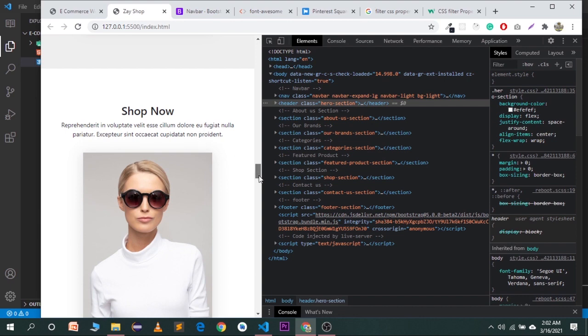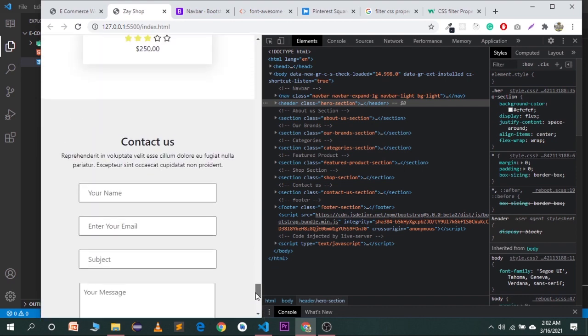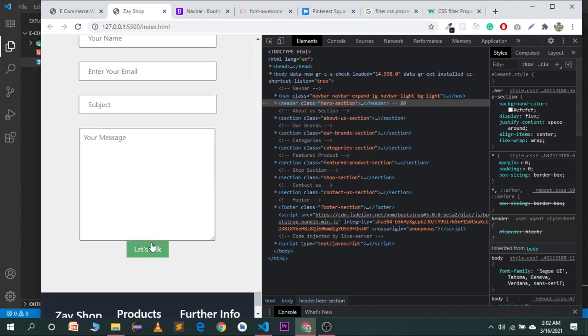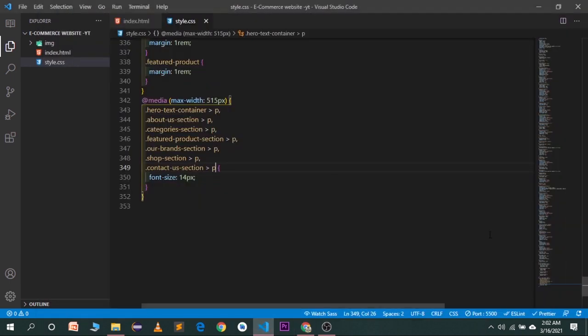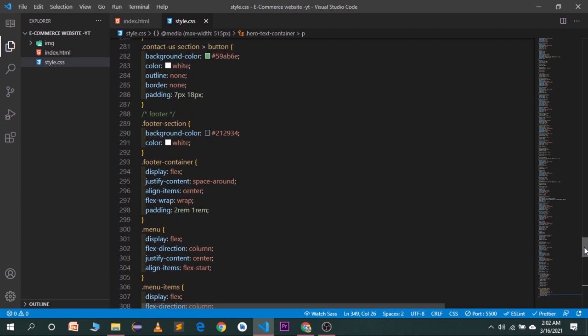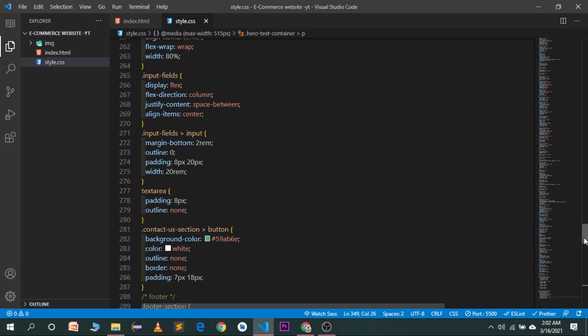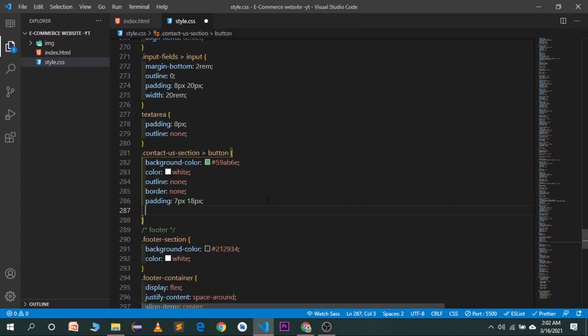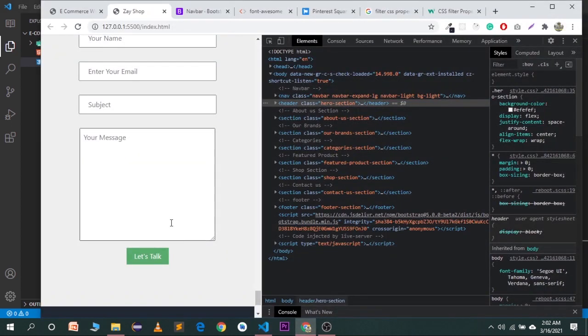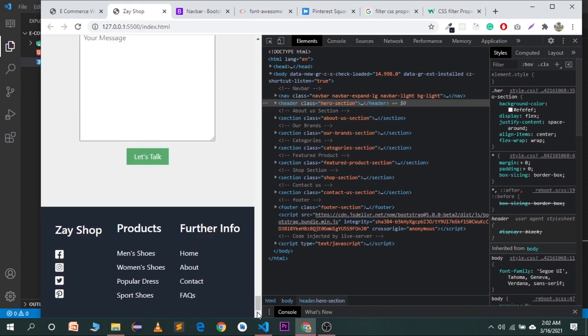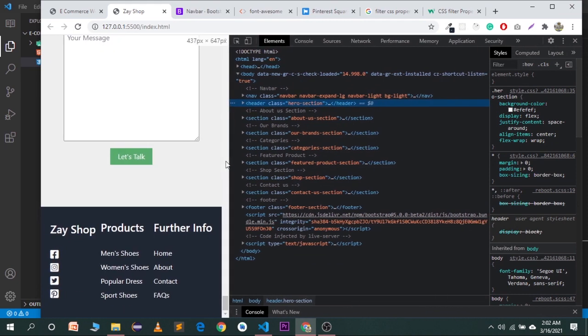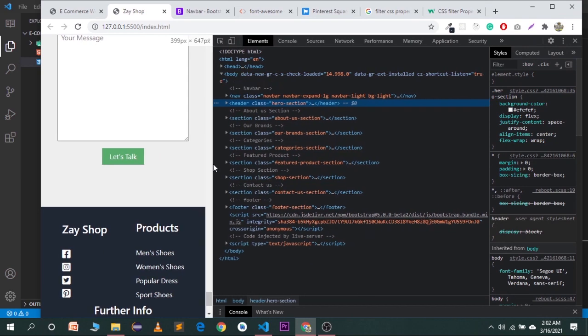We have collectively targeted them, and now what we want to fix is to give space to this one, the button. So where is our button? In the contact us section, we target the button. Just give it a margin of 1. Let's see. And now you will see we have space. Yeah, it's looking amazing. So as you see, as we are getting closer and closer, these items will go to the next line. So also give the menu